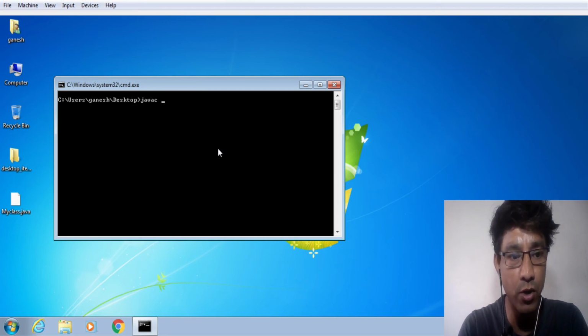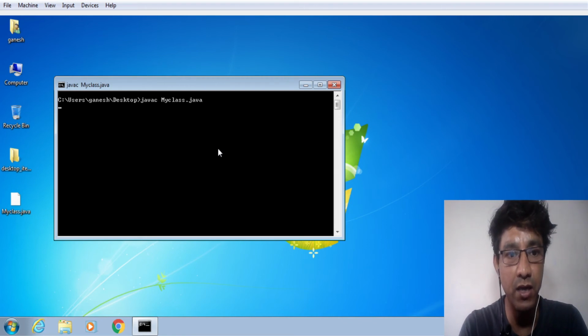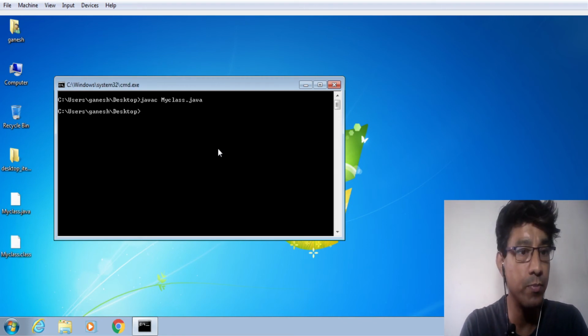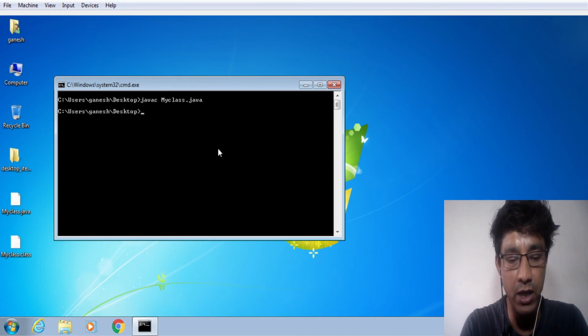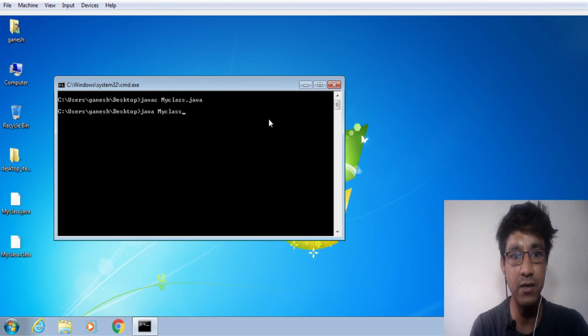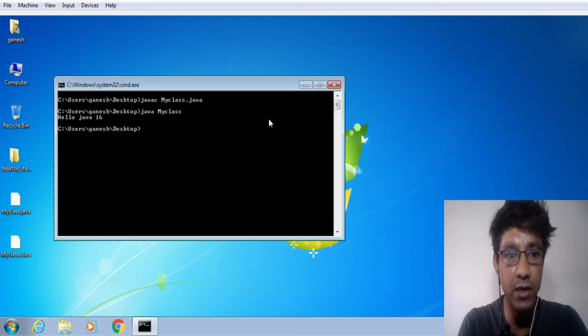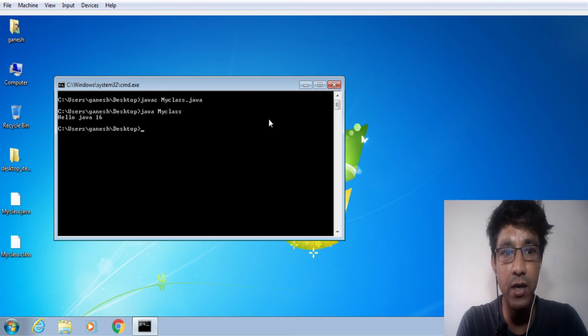First of all, a compiler is required to compile my file, my class dot java. So pressing Enter, if there isn't any error, the prompt will be shown again. Now again I'll type java space my class, and this time no dot java, because you can see there is a dot class file, so it will fetch that automatically. I press Enter, and you can see the command is run, which was only a print command. This way I can run Java from the command prompt, and I can compile and run my file.